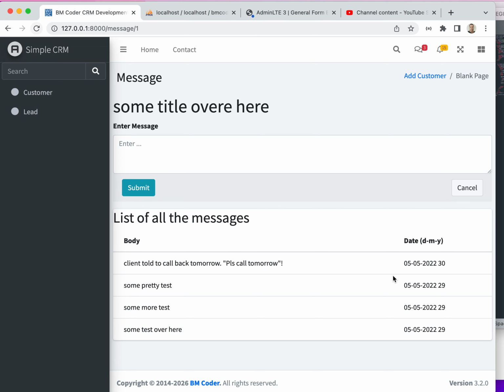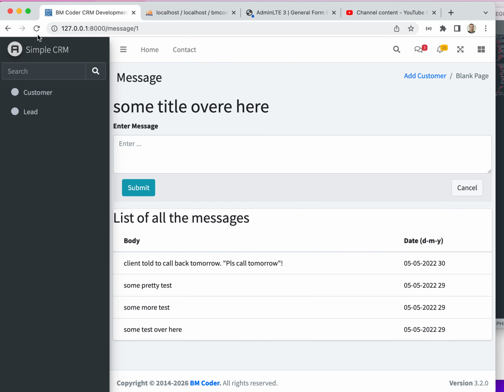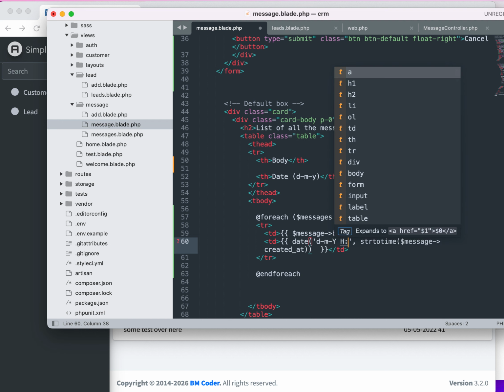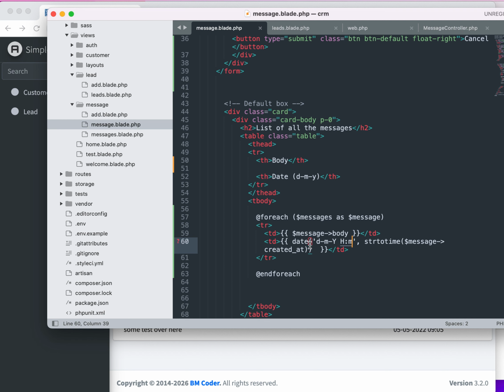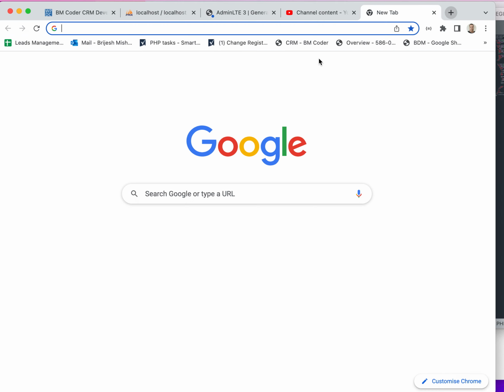Let's see, 30 seconds. How should we display time? Seconds, hours and minutes. Let's see if this works. Wow, this is working. 9 5 hours. I have to Google and check the exact format of the date in PHP, correct? So this is easy. If you want to see how we make the searches, then